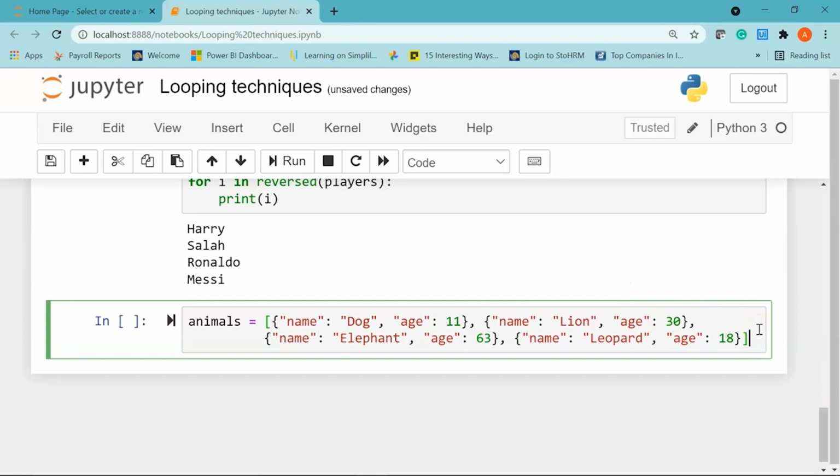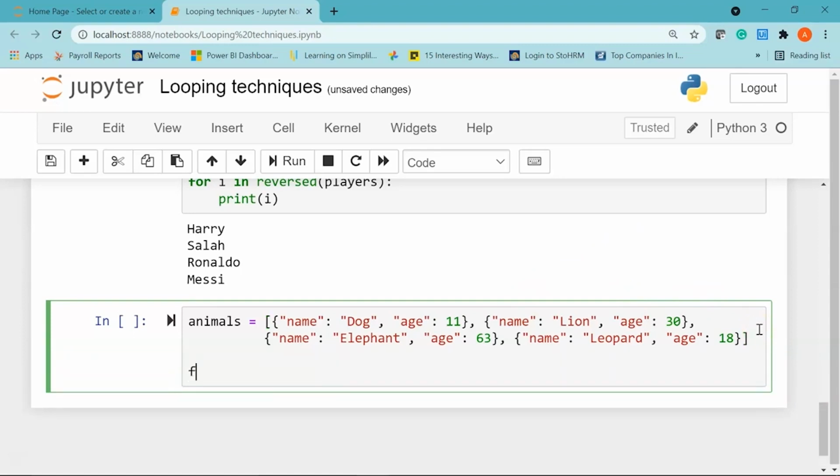Now, using a for loop, we'll filter the elements in the list giving a specific condition. Let me show you. So I'll write for animals in, I'm going to use the filter function, and inside the filter function I'll give an anonymous function called lambda.